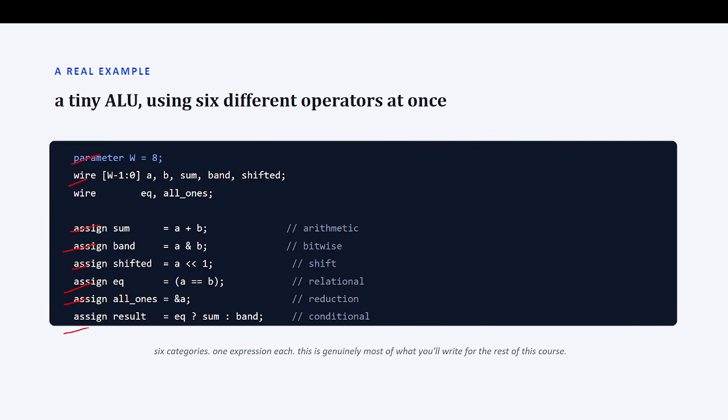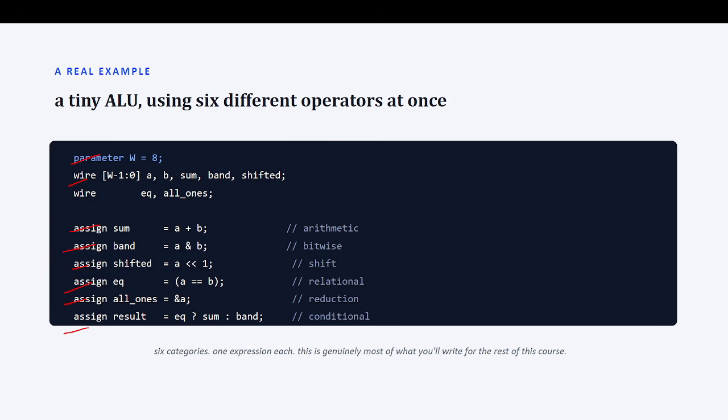I want you to notice something in 6 lines of code. We have used 6 different operator categories, and this is not a contrived example. This is generally representative of the kind of RTL you will be writing for the rest of this course and indeed in real industry projects. If you are comfortable with everything on this slide, then you are comfortable with the majority of combinational Verilog syntax